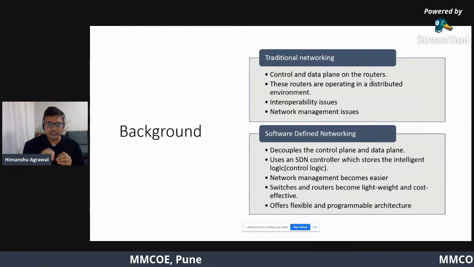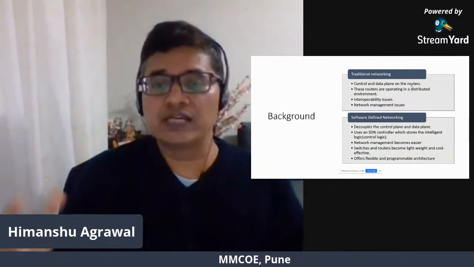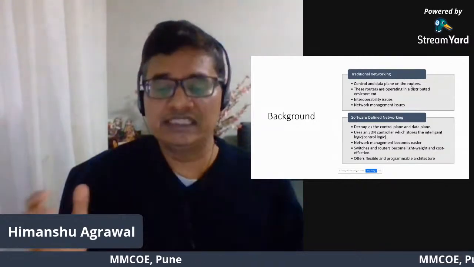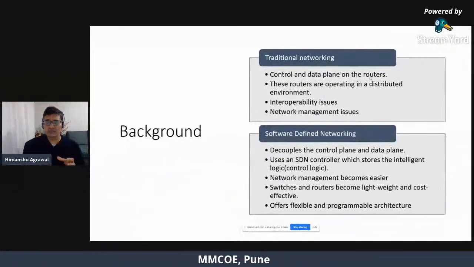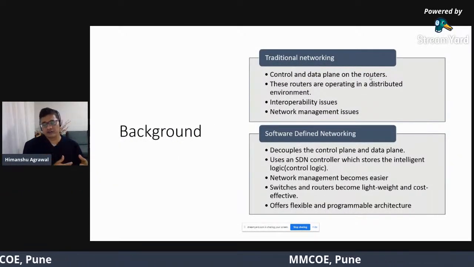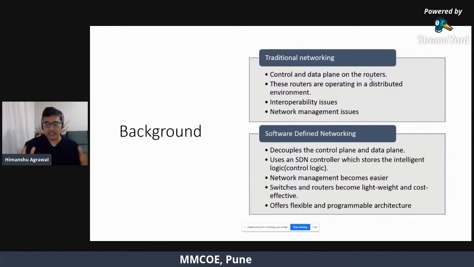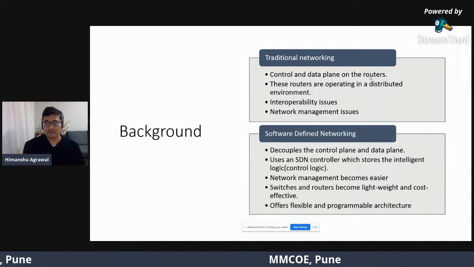And all you do is write those rules on the SDN controller and make the network management task quite easy. And this essentially offers a flexible programmable architecture, right? So you can write rules for packet forwarding. You can write rules for dropping packets, something which you do with the firewall.